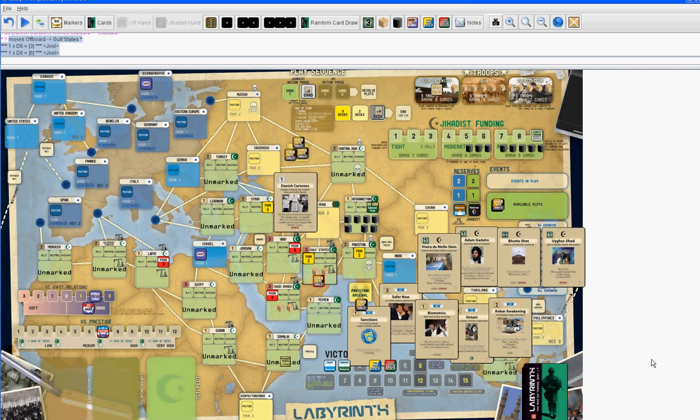So we're going to take 1 cell off the funding track per the radicalization here, and it's going to go into the Philippines. It's automatically going to go there. We don't have to dice for it like we would with recruiting. Then once it goes into the Philippines, as soon as you do anything in a country that's unmarked, you have to test it. So we have to